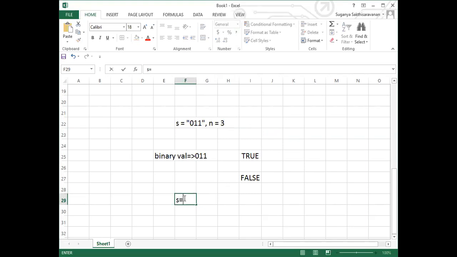So the question is, you will be given a string like 1, and if I give my n value as 5, it is not the binary value of it. In those cases, it should return false. Whenever it is a binary value, it should return true. This is the question I gave here. Just try to complete this first, then we can see this question.